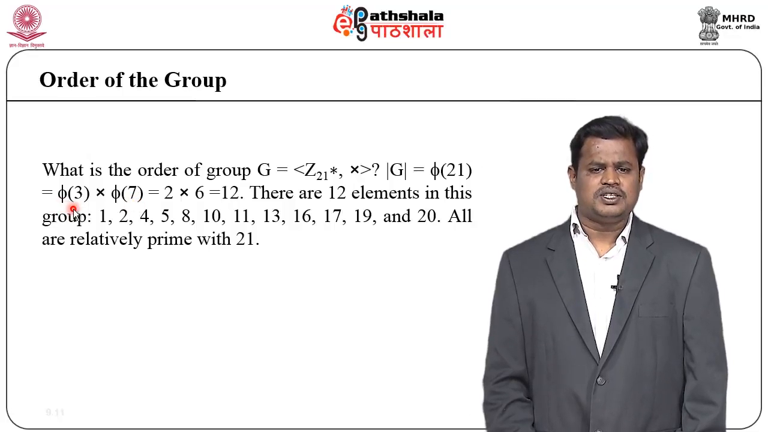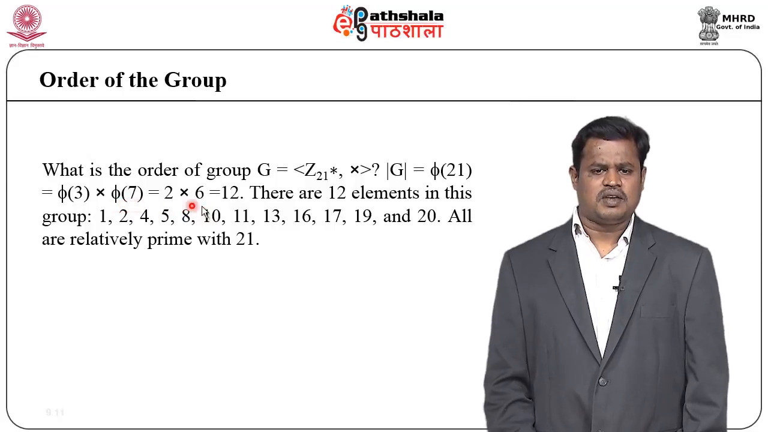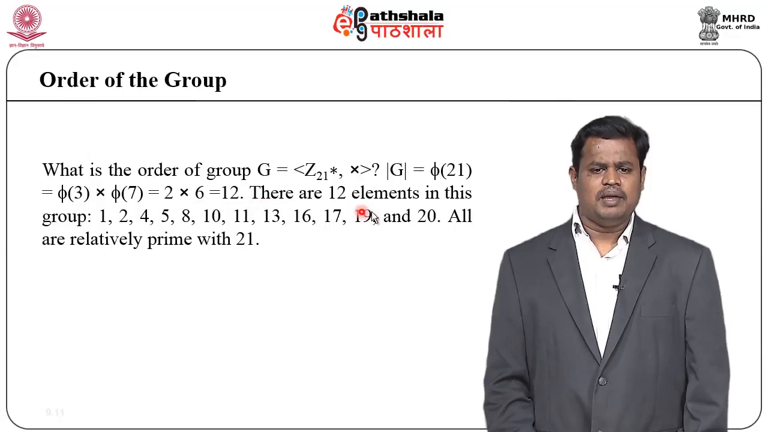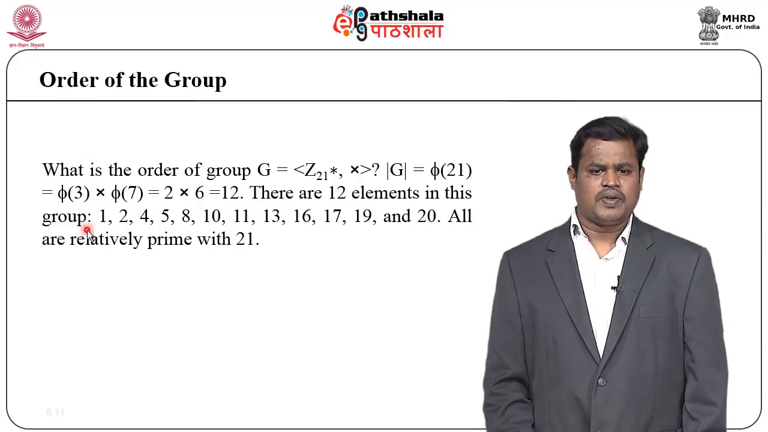So, phi of 3 is equal to p minus 1. What is p here? p is 3, 3 minus 1 is 2. Similarly, phi of 7, that is p minus 1, 7 minus 1 is 6. So, 2 into 6 is equal to 12. So, there are 12 elements in this group. So, we are finding the order of a group. We say 12 elements are there in this particular group,